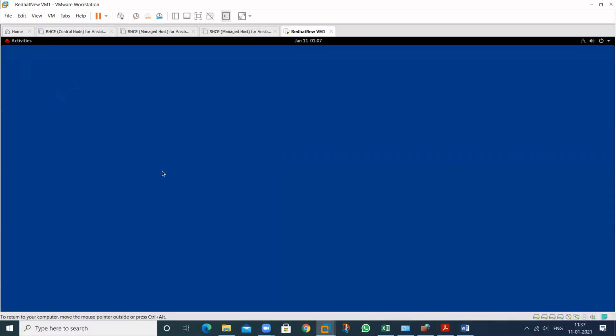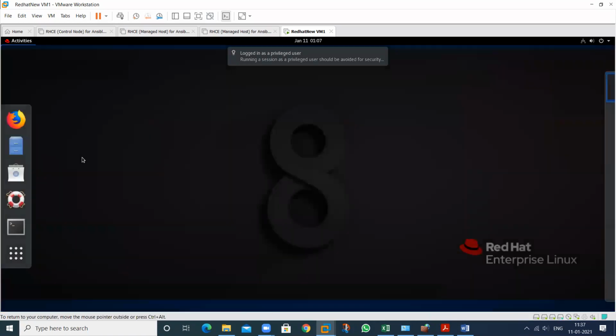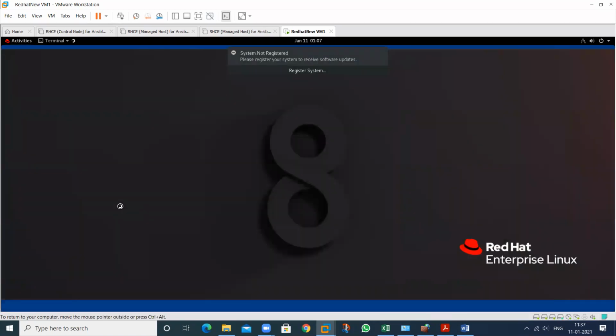See, now check whether your hard disk is available or not.